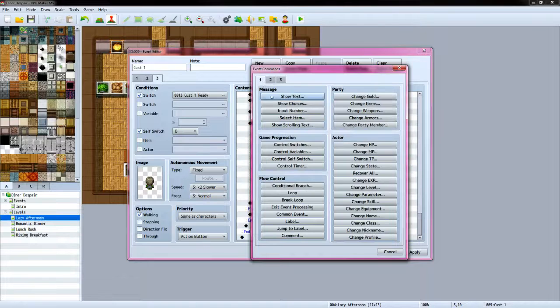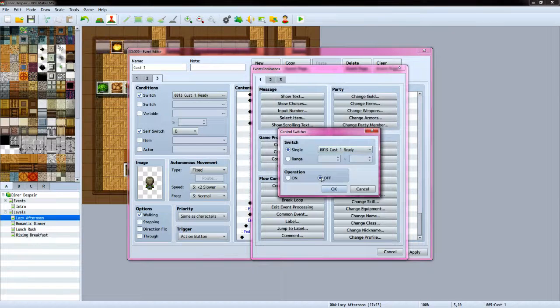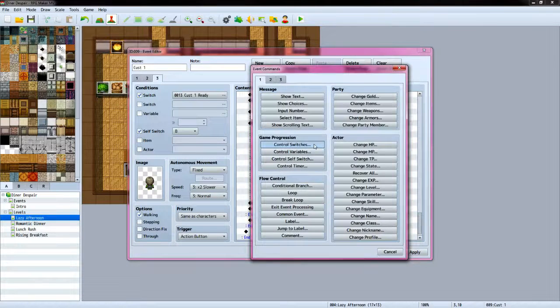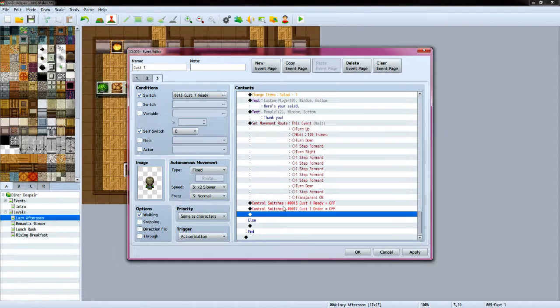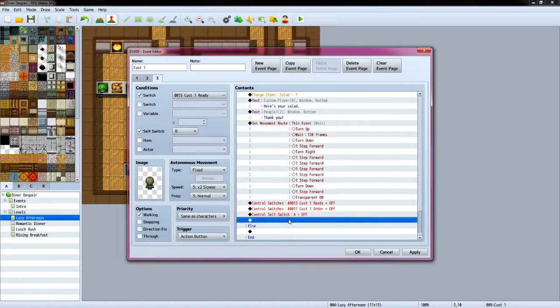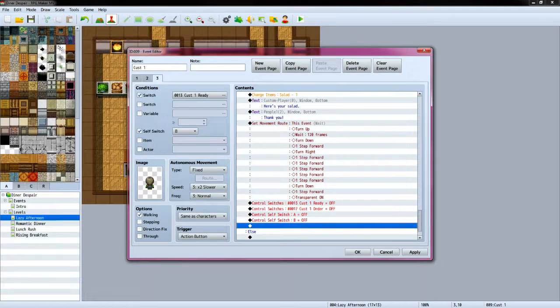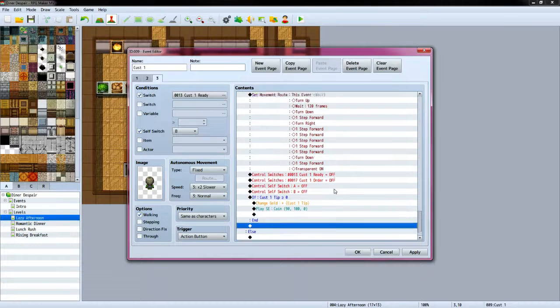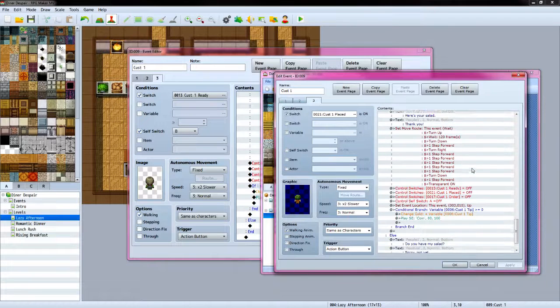So you're turning things off, so that is control switches ready. Control switch order, I believe, is the next one. Self switches A and B. And then let's see if this is still copied. Yep. If the tip is still positive, we add it. And finally,